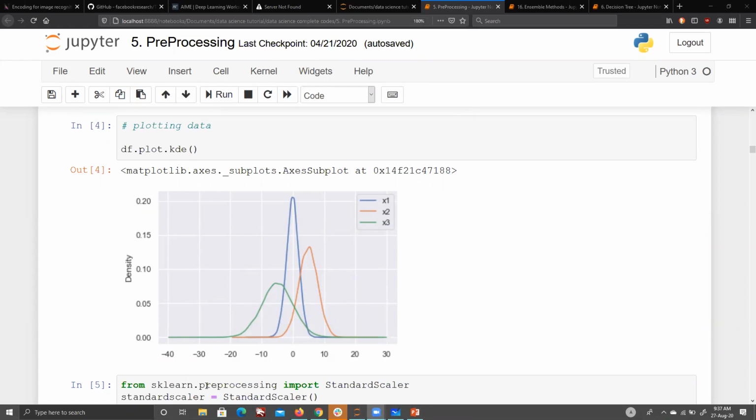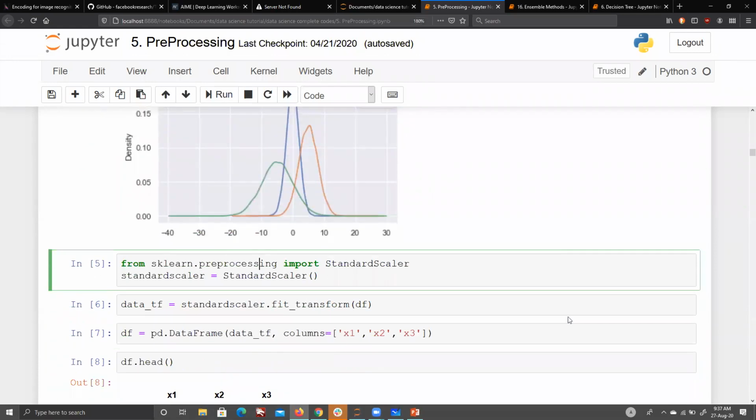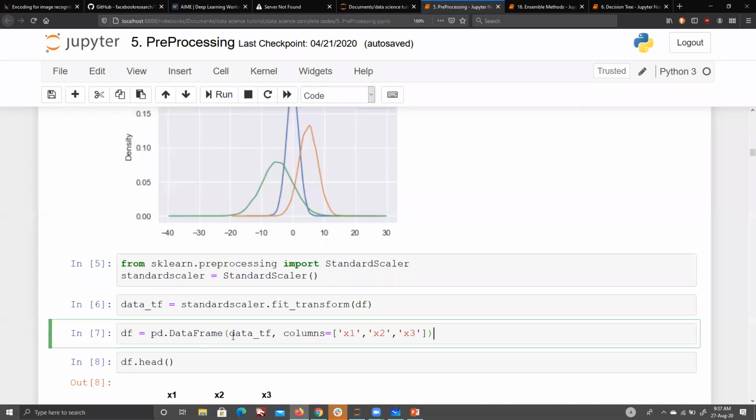Now there is a complete package called preprocessing, and we will mostly use this package today. From sklearn.preprocessing import StandardScaler. Now we will make a standard scaler here and then do something called fit_transform. In preprocessing, there is something called fit_transform. What it means is, because this is not training, it is transforming the data. It is about the conversion. So the function that we use is called fit_transform, and you pass your data structure. It could be a pandas data frame, a list, numpy arrays, or scipy sparse arrays. You provide which column you want to do it for, and this is the outcome.